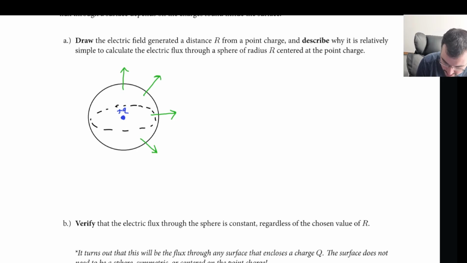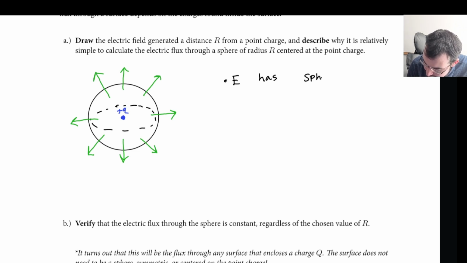We can see that by defining these electric field lines from positive charges as a source, meaning it points straight out, we see that it has this radial symmetry. Again, it being radially symmetric tells us that E has spherical symmetry. And why that's important